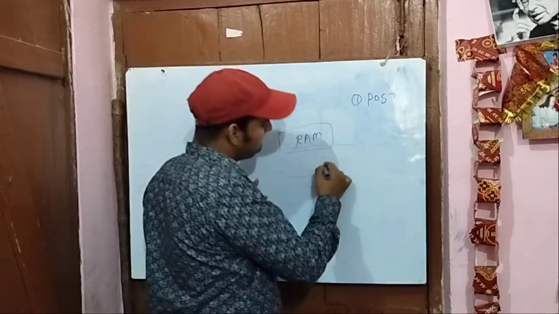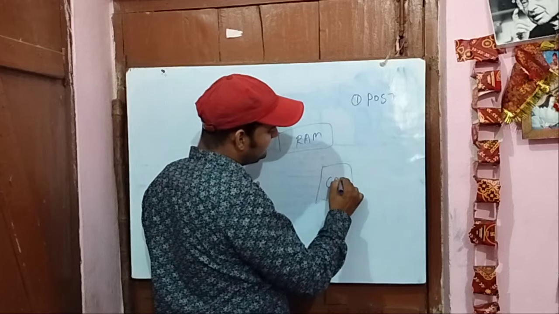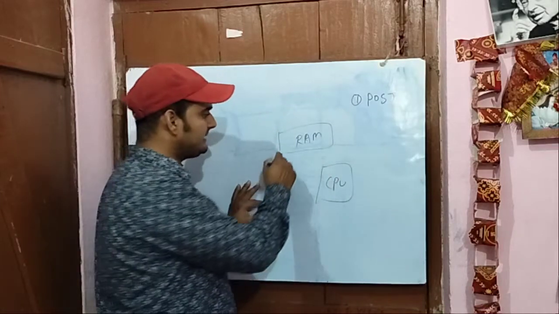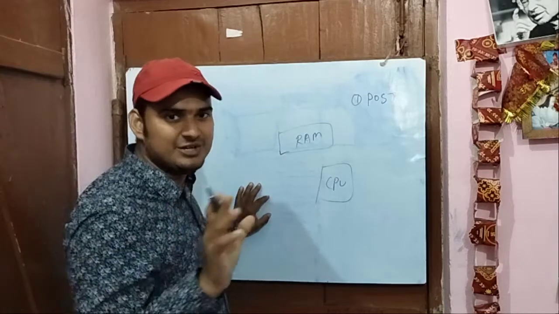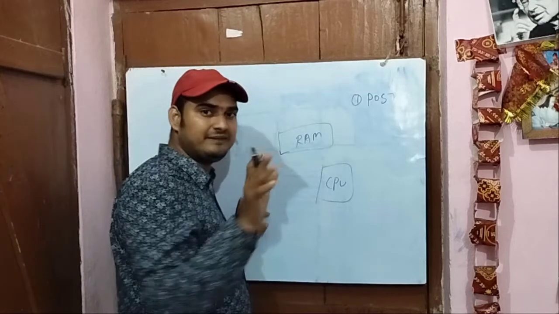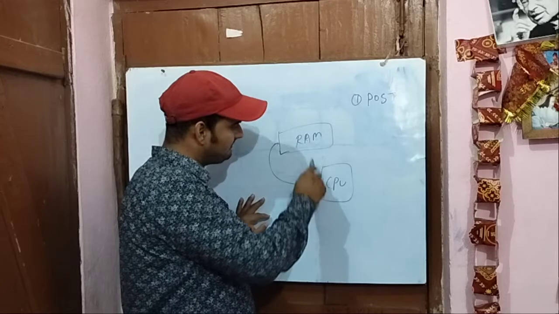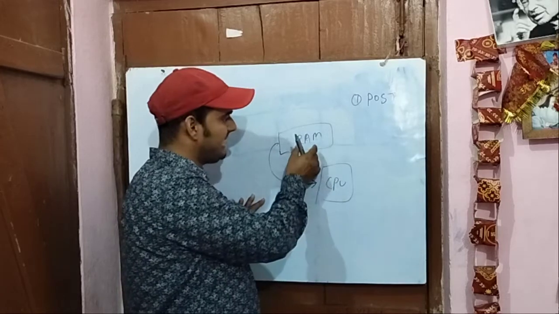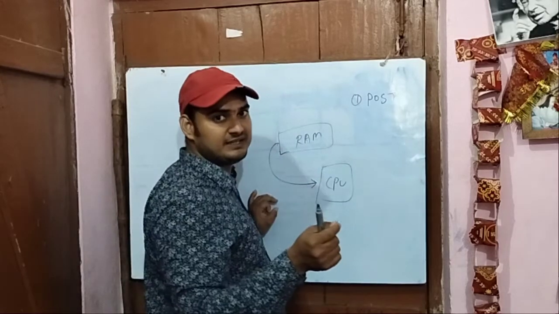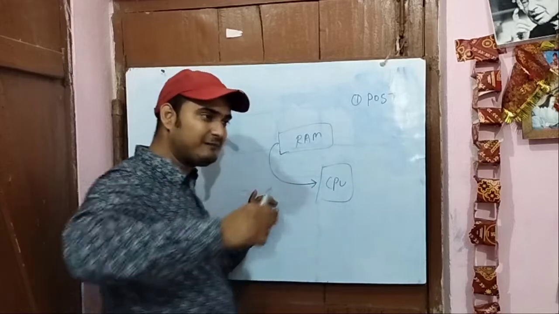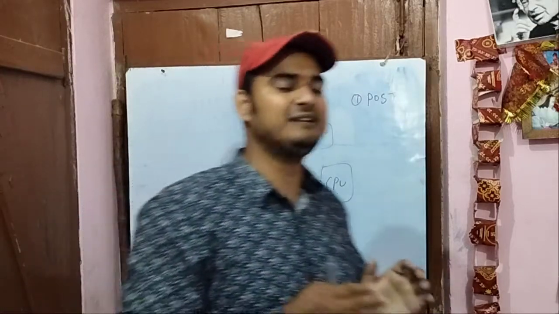Now the CPU will execute information from RAM, but RAM doesn't have anything. So you can see a kind of deadlock situation occurs here. The CPU will execute information from RAM, and RAM doesn't have anything to execute. So in that process, a deadlock kind of case arises.